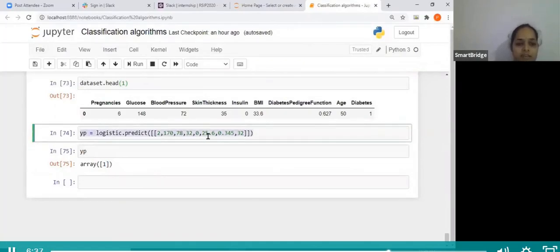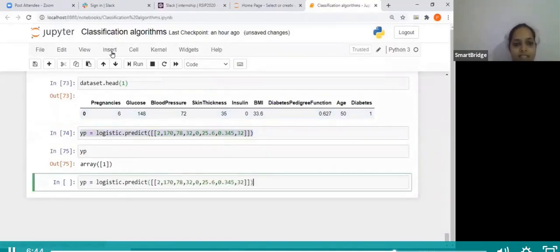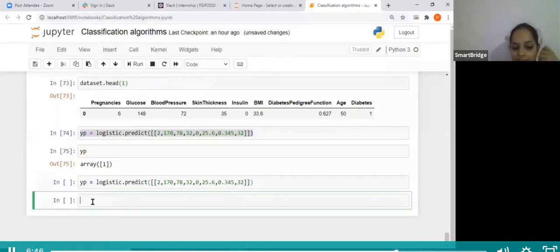Now you can do the same thing for random forest as well as decision tree.